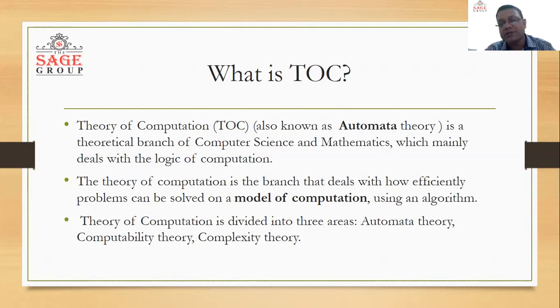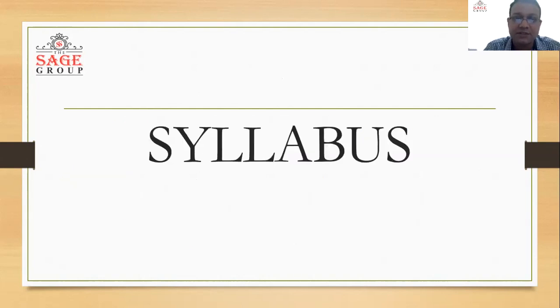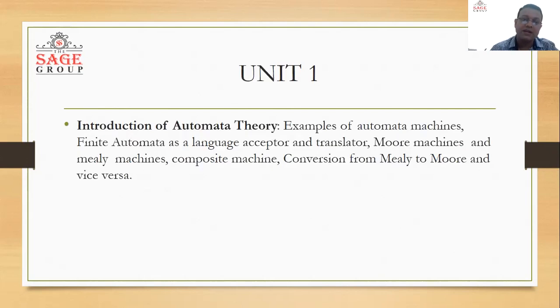This subject is mainly divided into three portions. First is automata theory, then computability theory, and complexity theory. And all these things are broadly divided into 5 units in this subject. So starting with the syllabus, I will give a brief overview of every unit, what we are going to study in each unit. Unit 1 is the basic introduction of automata theory, that is, what is a finite state machine,